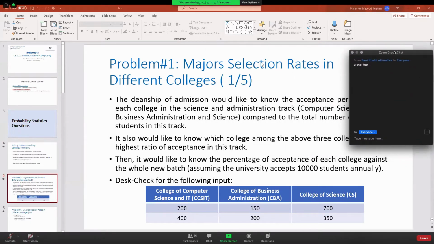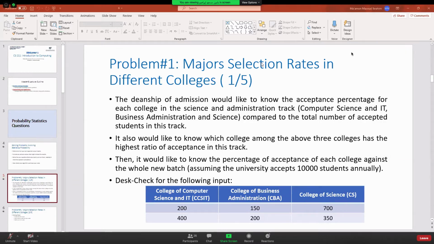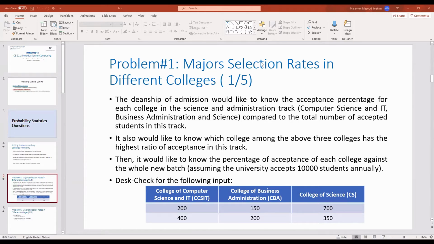I will try to summarize this problem. Now, in this problem, we have what we call a scientific track. As in the previous one, we have 3 majors inside this scientific track: computer science, business administration, and IT. So we have 3 basic majors inside this scientific track. Based on that, we want to find the ratio for these students inside this science track,